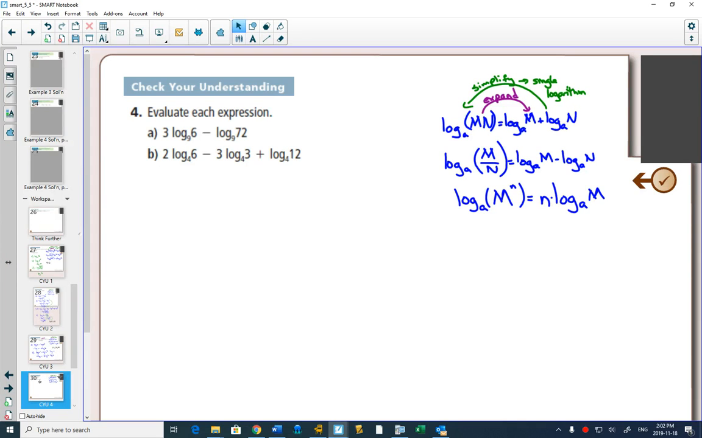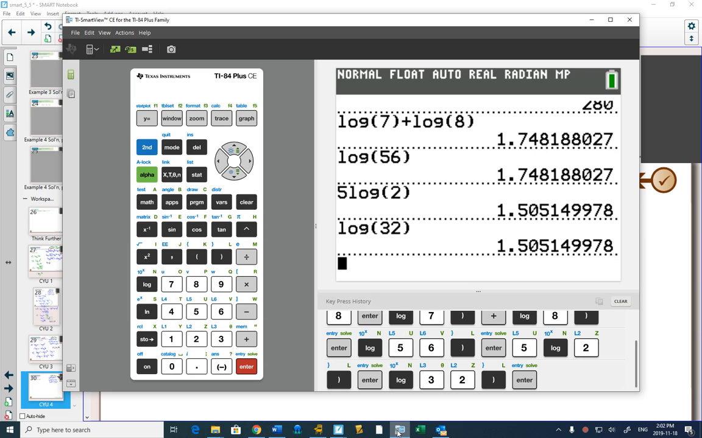Evaluate each expression. These would come up on a non-calculator part of your test. So, looking at this right now, evaluate, that means we should be able to get a single number in the end. If you were allowed to use your calculator, you would just type this in exactly as you see it,